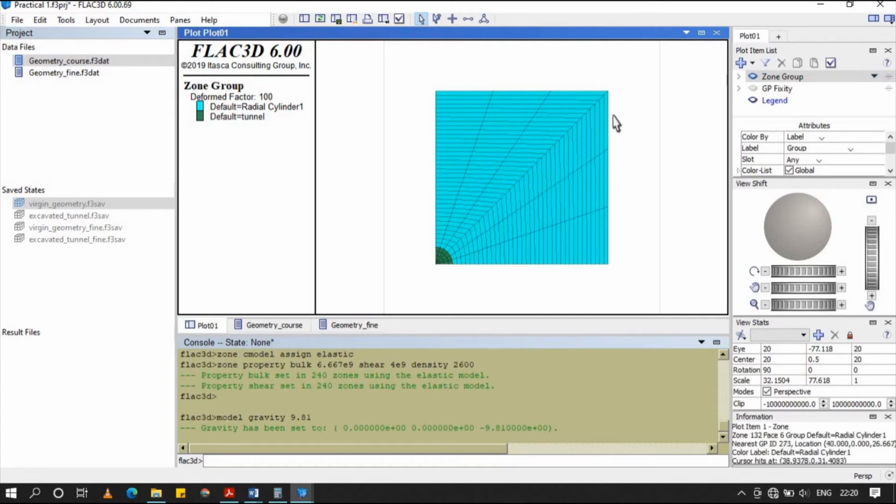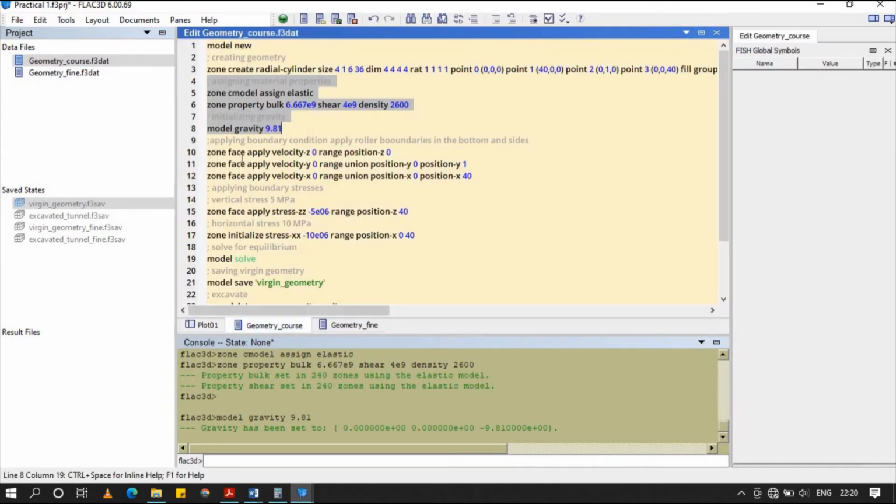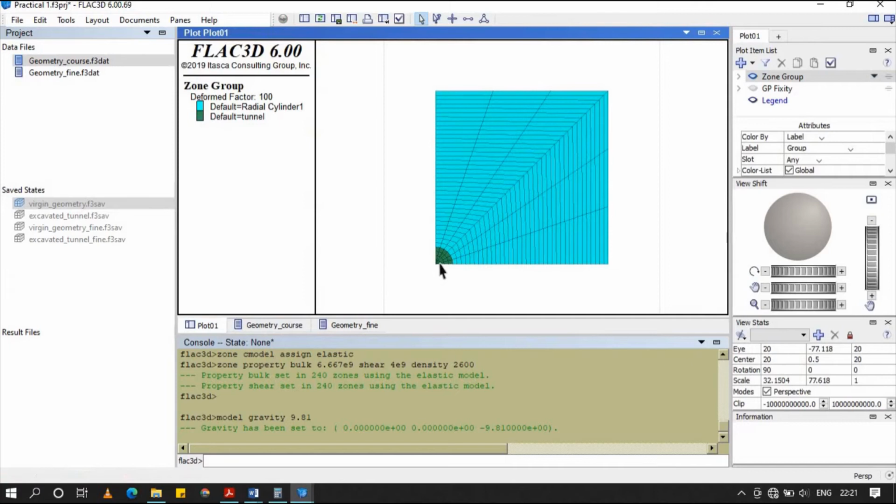In this phase and this phase, in x0 and x40, we are going to again restrict any horizontal movement. So here zone face apply velocity z equal to 0, so there won't be any movement in vertical direction z at a position of z0. This position of z0 is this part. Here z is equal to 0. And here we are putting roller boundaries to restrict the vertical movement.